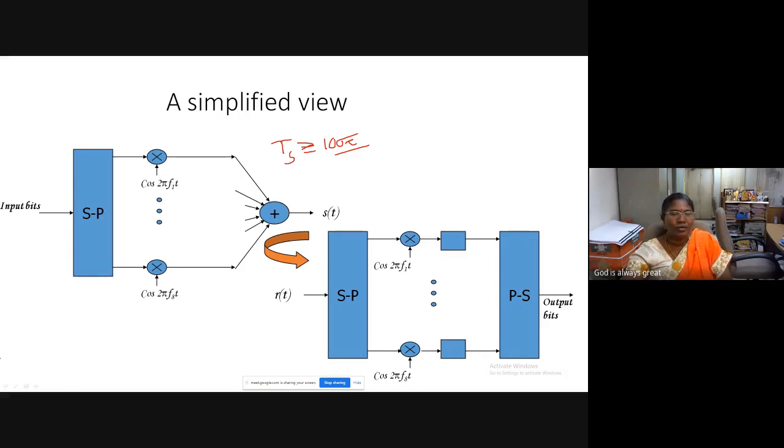So this is how your OFDM block diagram version will be clarified. This is what your OFDM is. You are taking inputs, converting the serial inputs to parallel inputs, and then applying the orthogonal subcarriers, transmitting it over the channel, and doing the reverse at the receiving end to get back your outputs. See a simplified block diagram version of the signal.